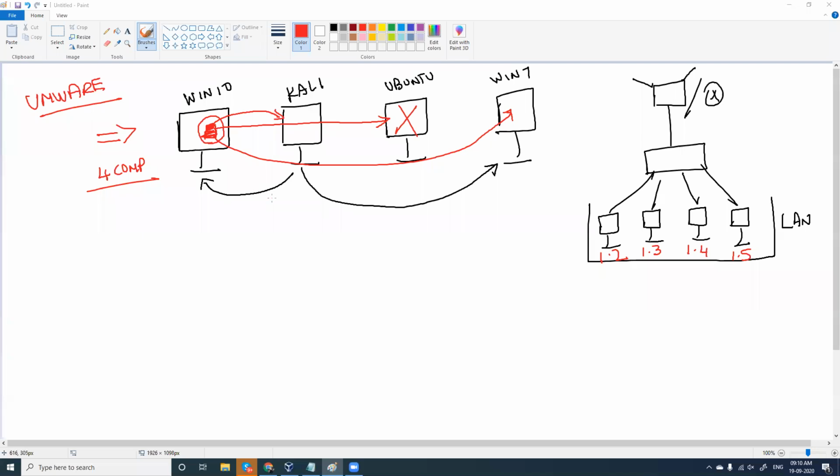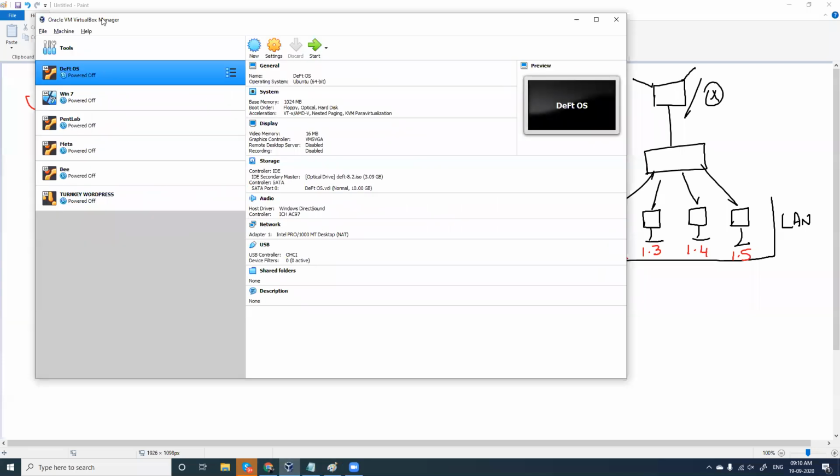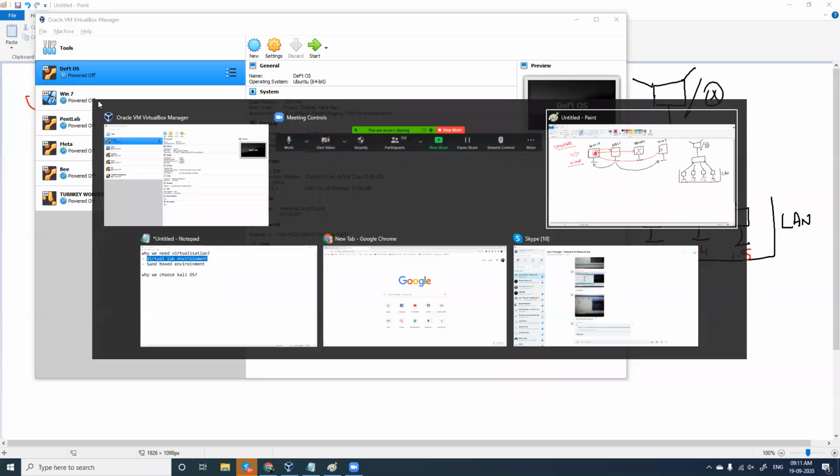So having said this, now, with regards to the size, I told you I have 6 operating systems in my VirtualBox. Yes, I have 6 operating systems. Now you might ask me, can we install 6 operating systems in your computer? Yes, you can install them, but when it comes to running all these operating systems at the same time, you will have to consider your system performance.